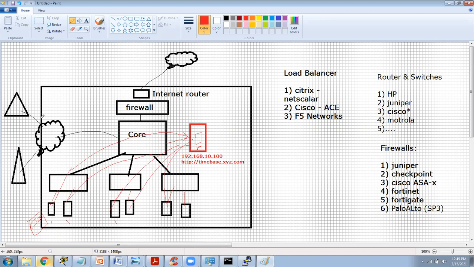Every day, even from a branch office with a VPN connection, people will come here, and from the internet also they will come in and access it. So this is a server, and you have given it timebase.com. So what happened is, one day, let's say,